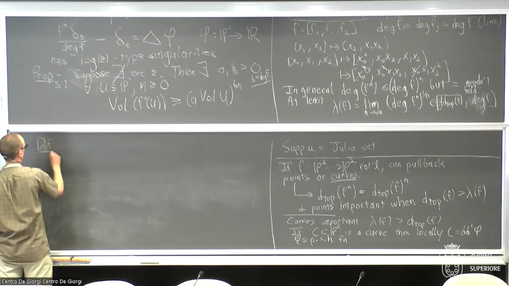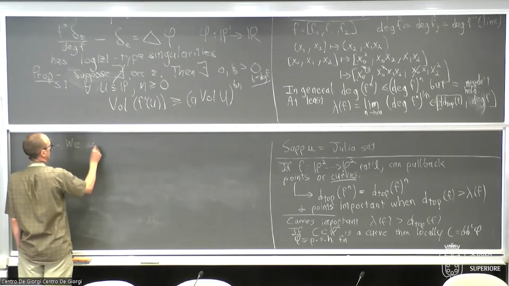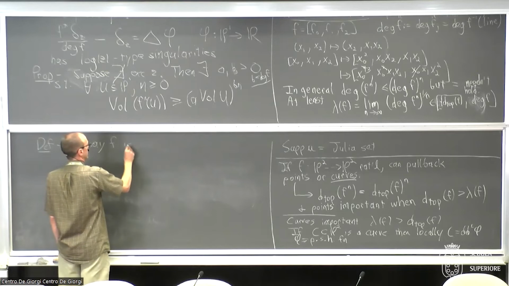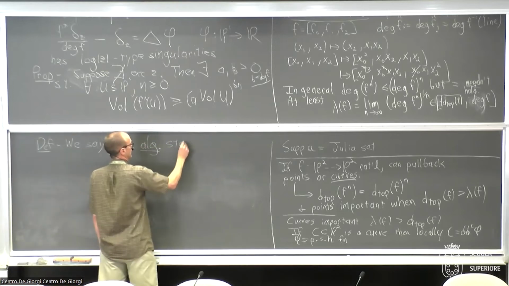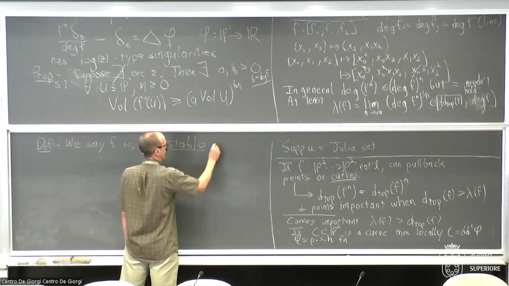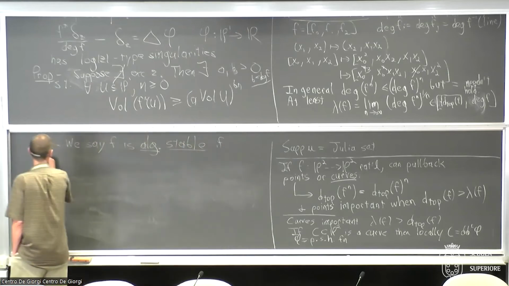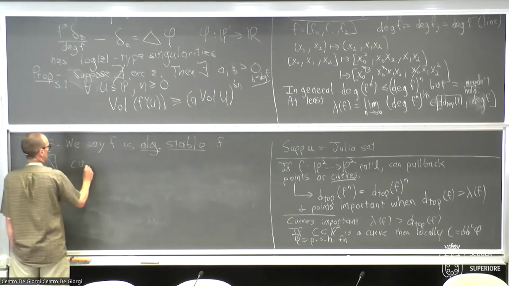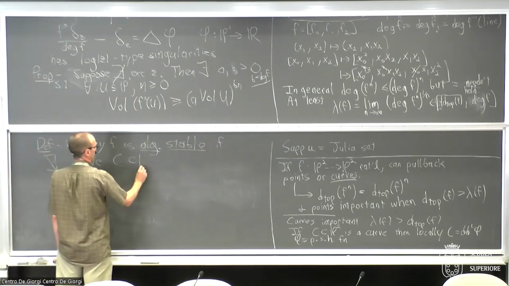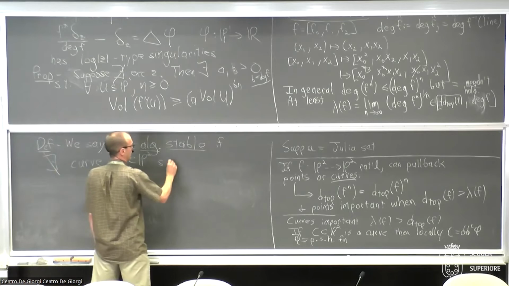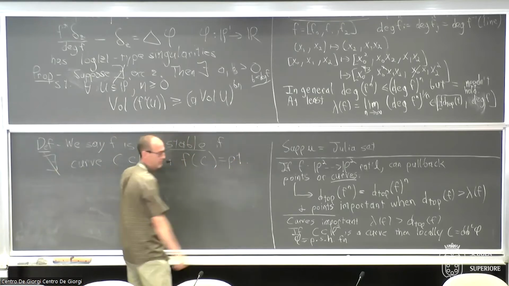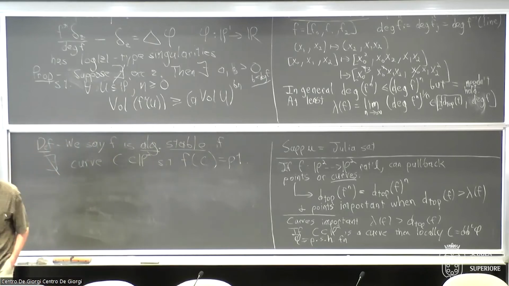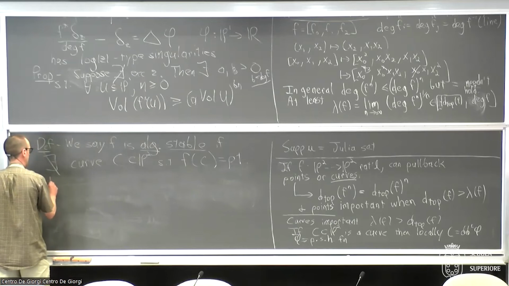Definition: we say f is algebraically stable if there does not exist a curve that gets contracted to a point. That can happen in dimension 2. Curves can just collapse. Okay, that's okay. That's not a problem. And